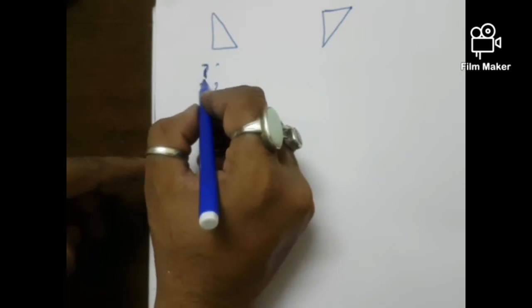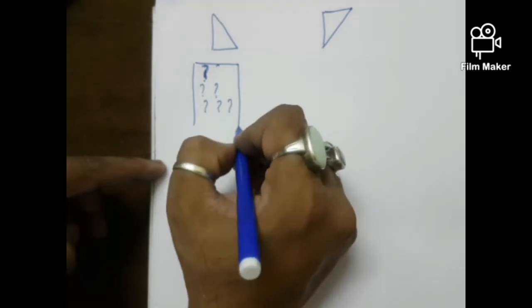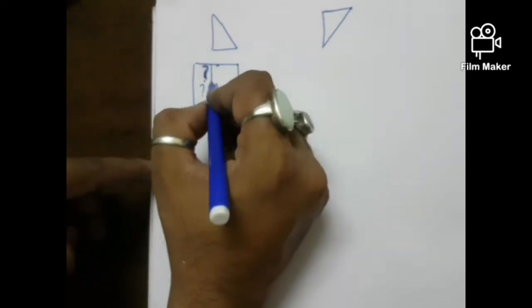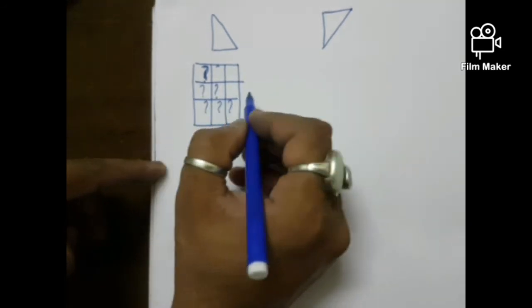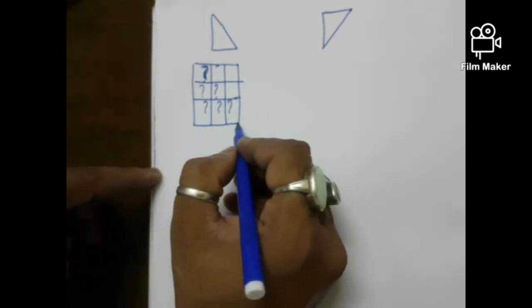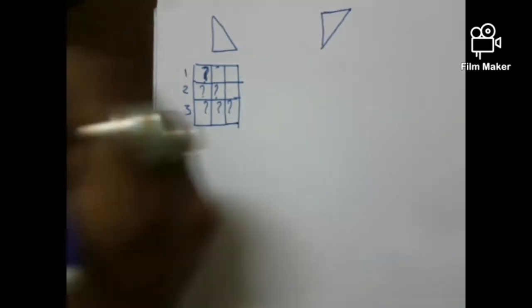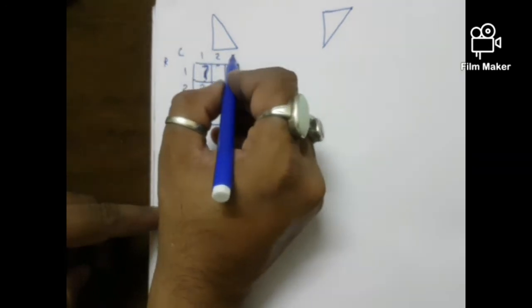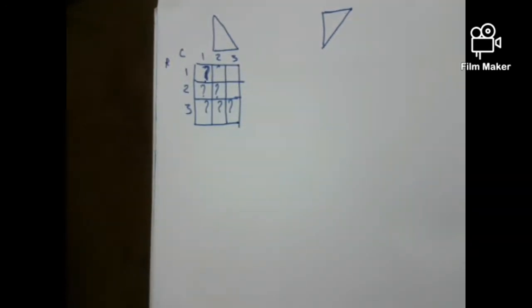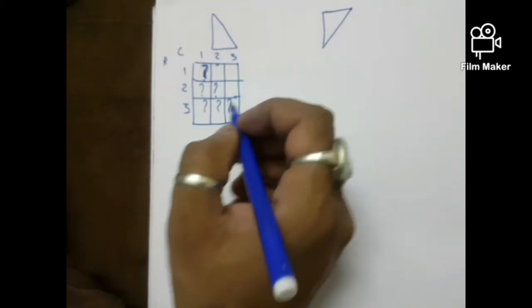So what will I do here? I will draw a matrix for this pattern. Now when I draw the matrix, what I find here is first row, second row and third row. These are the row numbers and columns are 1, 2, 3. So a 3 by 3 matrix I have drawn here. Now how to convert or implement this into a program?